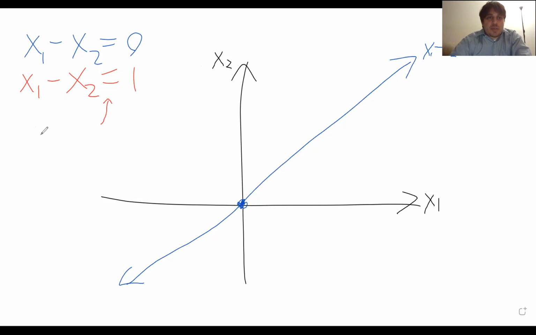This is also represented by the line x2 is equal to x1 minus 1. And so this is like y equals x minus 1. This is like a translation of y equals x, but down 1 unit because it's a minus 1 here. So then using pre-calculus, you have this line. This is a line. And this is x1 minus x2